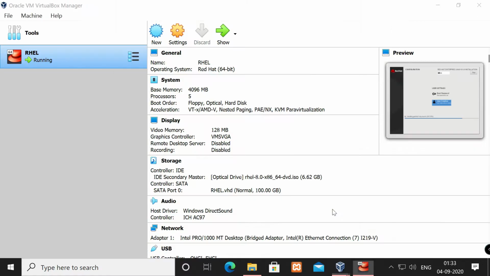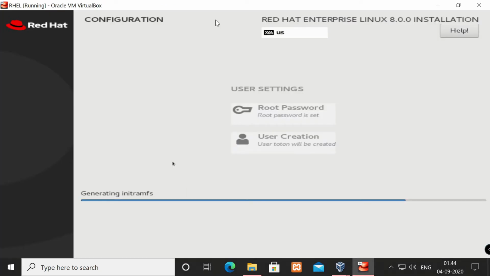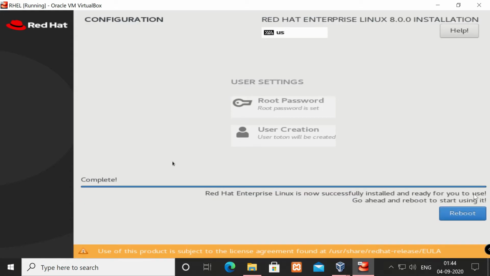For installation, the whole process will take some time, maybe 20 to 27 minutes. But it totally depends on your RAM size, processor speed, bus speed, all these things. I am pausing my video here. When the installation process completes, then I will come back. Okay. My whole installation process is completed.